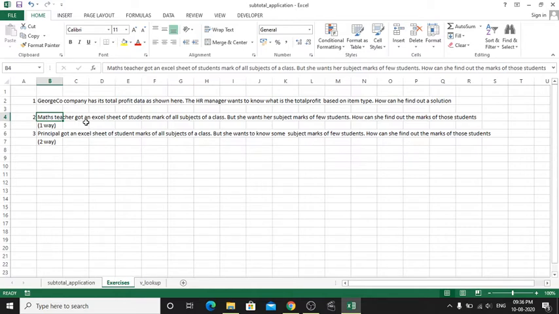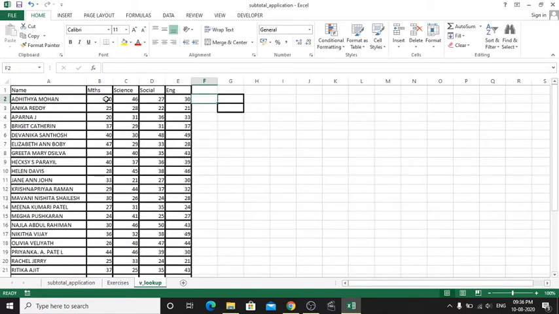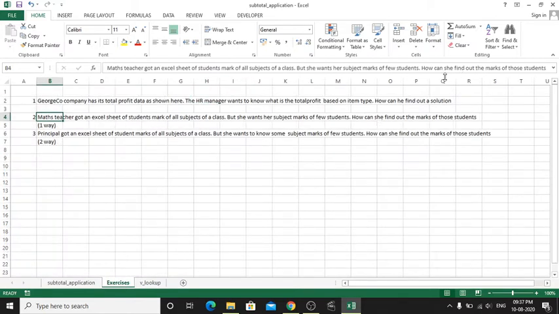The maths teacher got an Excel sheet of students' marks in all subjects of a class, and she wants her subject's marks for a few students. She doesn't need the marks of all students of her subject. She just needs the marks of only a few students. How can she find the marks of those students?